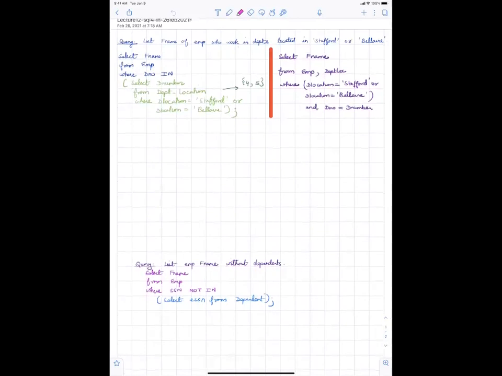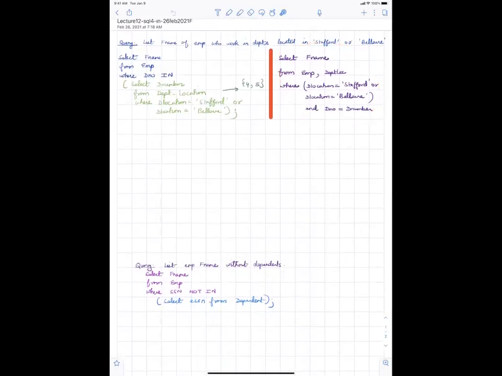So on the right, I did it the old way, which is using the join. So you'll get the same answer. And then on the left, I've done it using the in operator. So the output for both these queries is exactly the same, but it's important to understand how it happens internally, how these queries are computed.